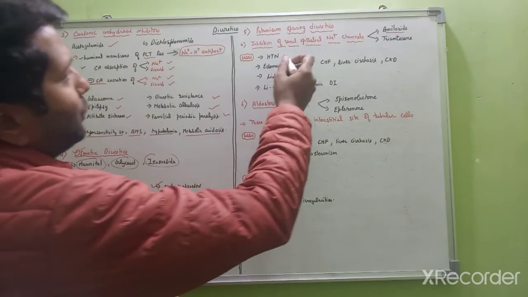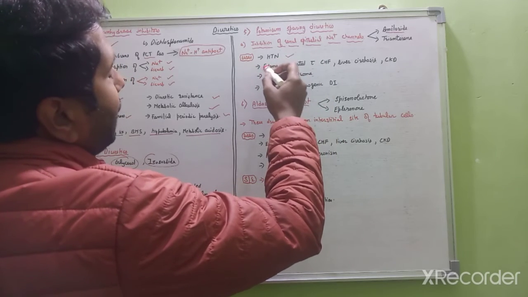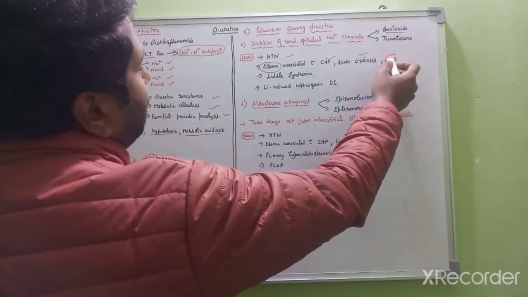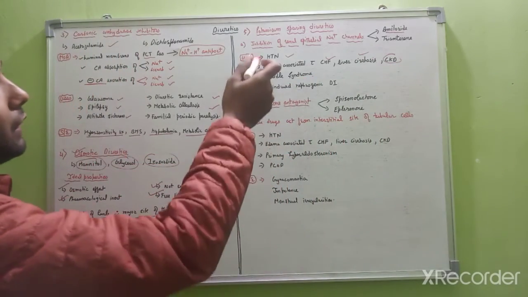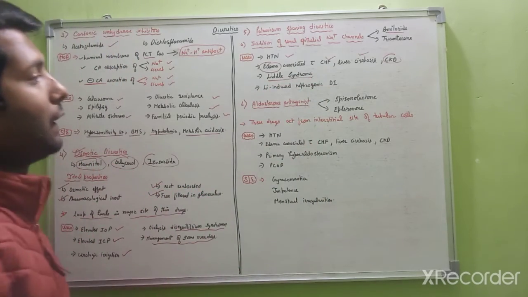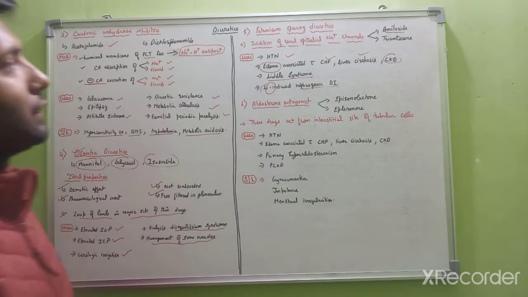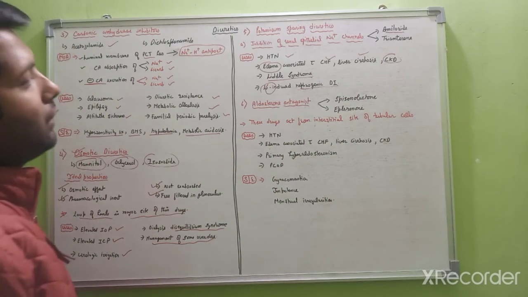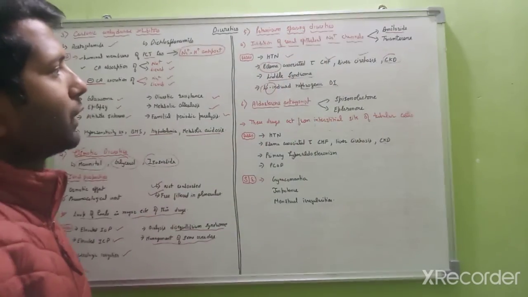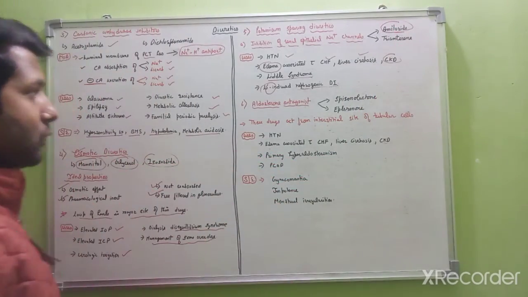So these are the uses of these drugs. These drugs are used in the management of hypertension, and management of edema associated with CHF, liver cirrhosis, and chronic kidney disease. Amiloride is also used in the management of Liddle syndrome, and it is also used in lithium-induced nephrogenic diabetes insipidus. So this is about the potassium-sparing diuretics which inhibit the renal epithelial sodium channel. In this, the drugs are amiloride-like drugs.